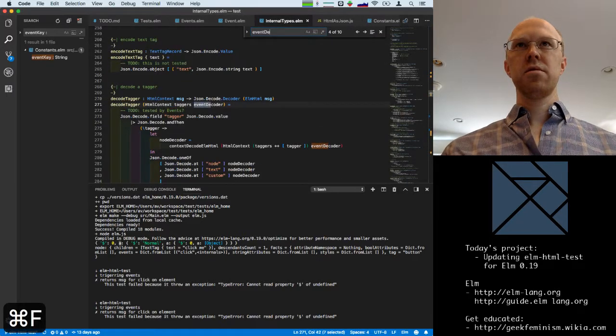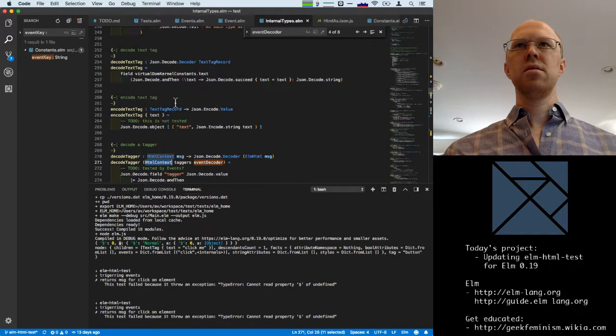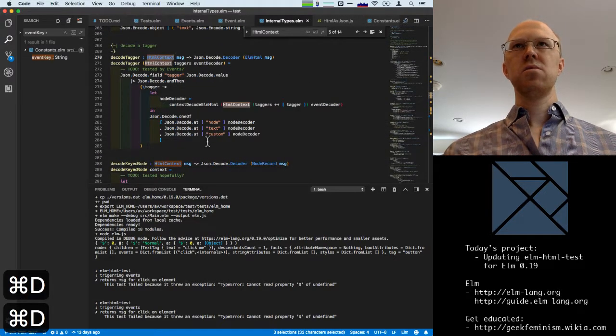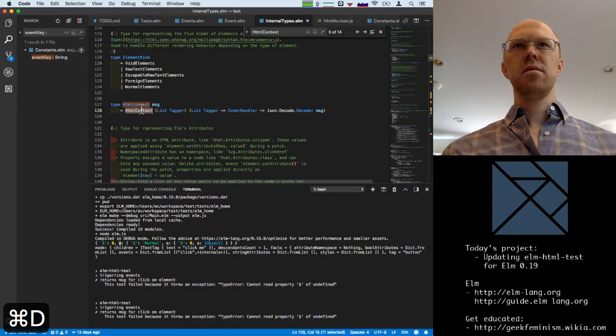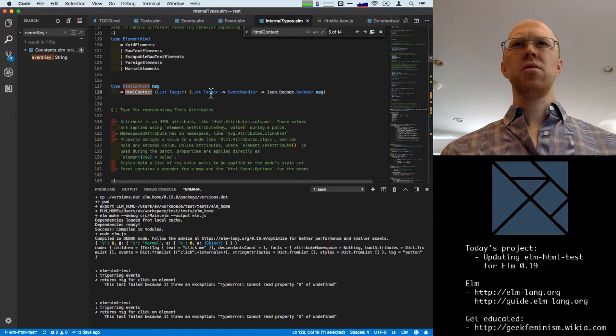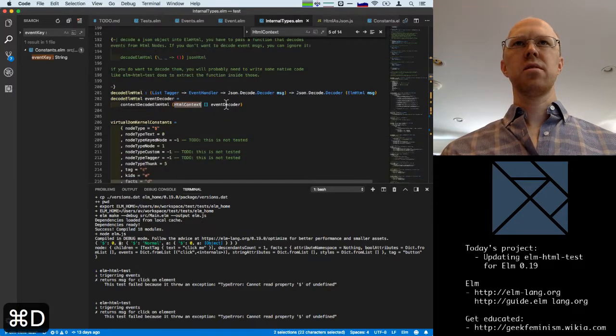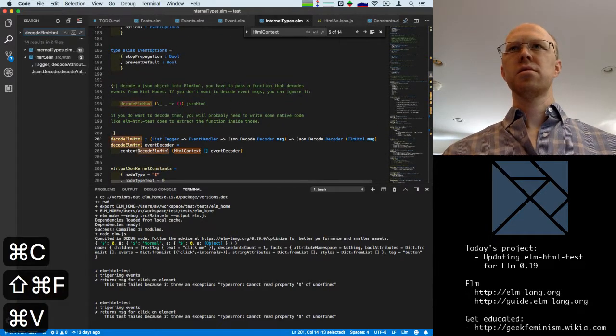So we saw event decoder here. So this gets passed in HTML context. So where is that defined? That's here. And event decoder was this function, it looks like. Yeah, okay. So we're past this function. So who calls this?